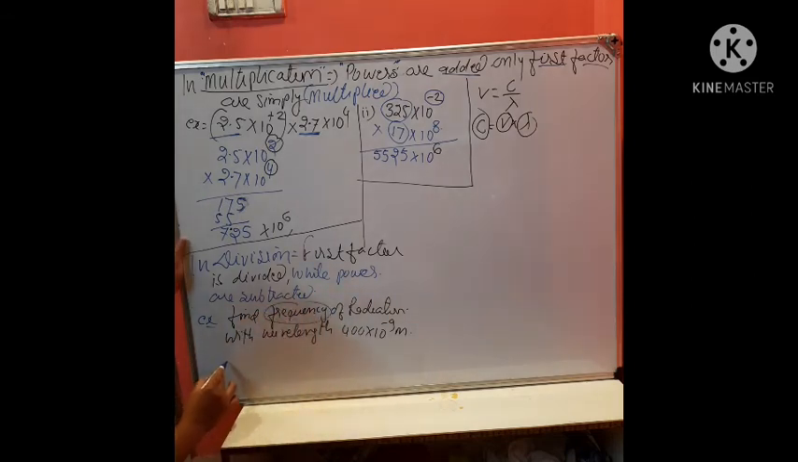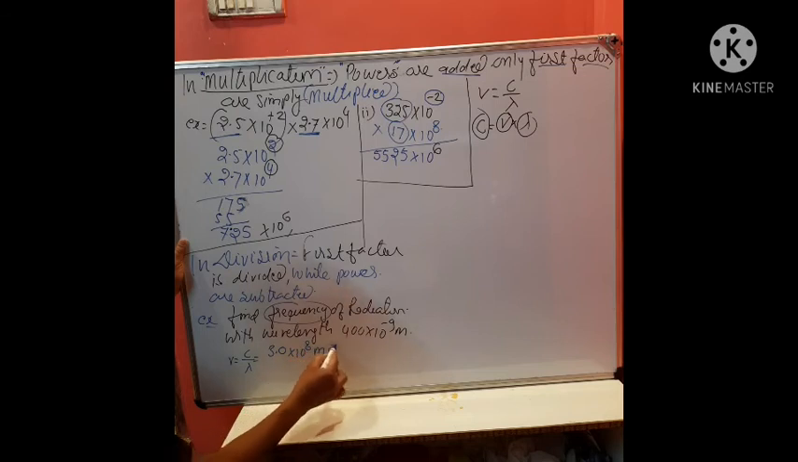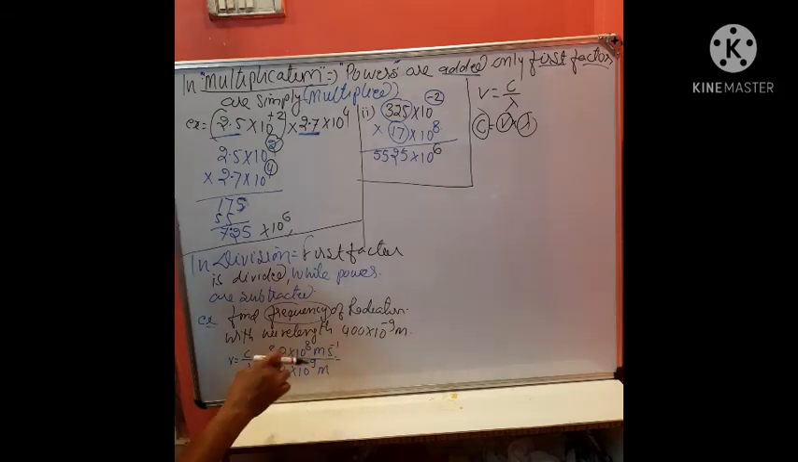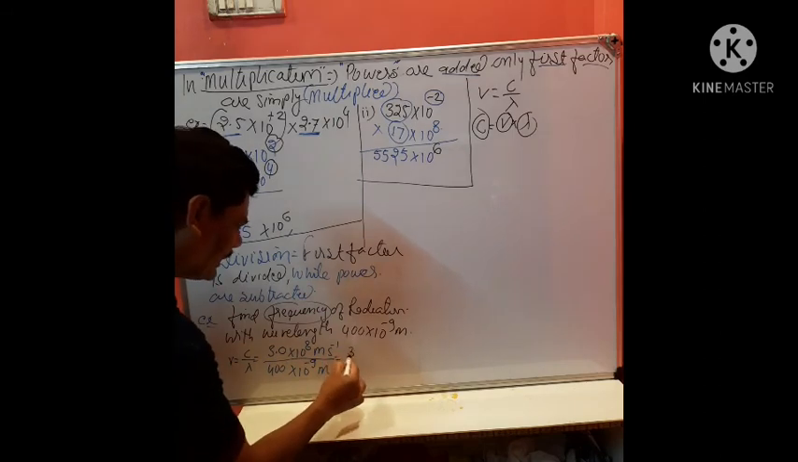Okay, so what is the formula? V is equal to C by lambda. I told you earlier the value of C is constant, that is 3.0 into 10 to power 8 meter per second, divided by 400 into 10 to power minus 9 meter. Okay, so now can you solve the question? Yes, simply we have to subtract the power. So the question will become 3 upon 400,